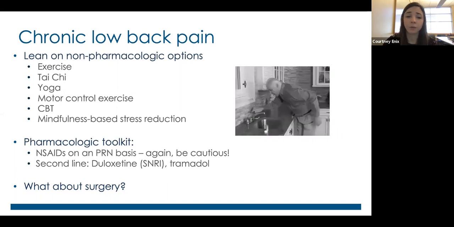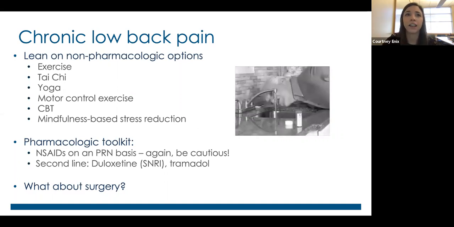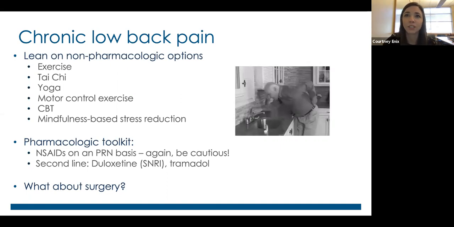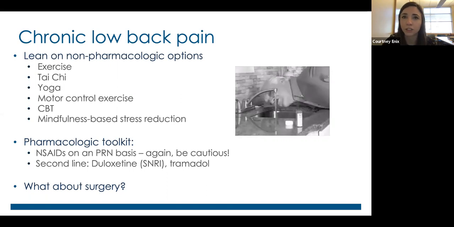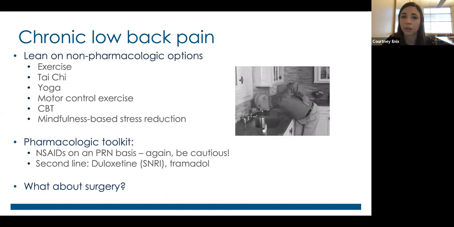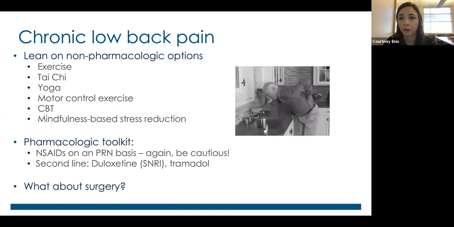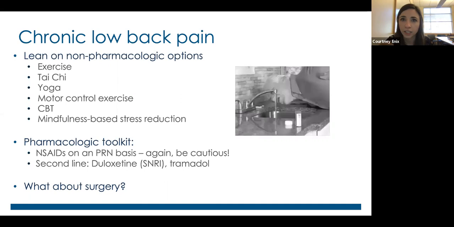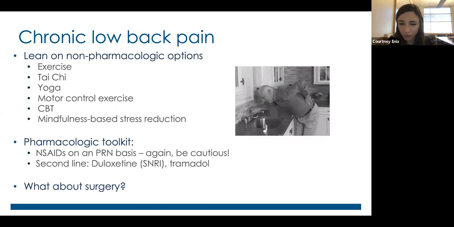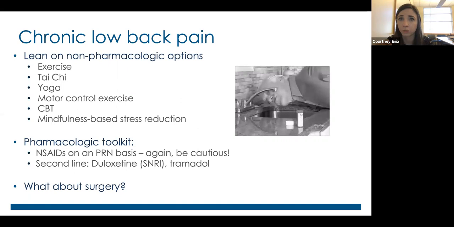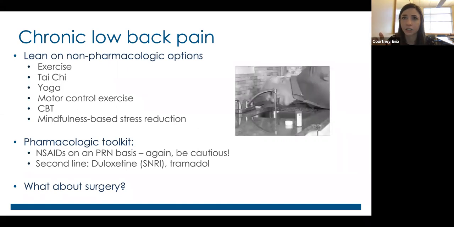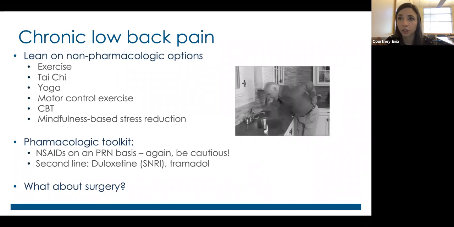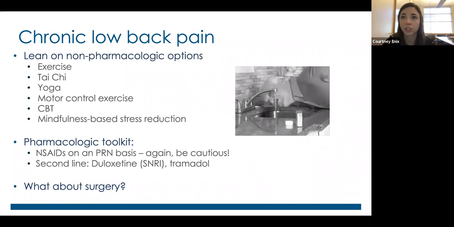I will say that I was hoping to do a slide on surgery, and the data is pretty mixed, and I think it really depends on what procedures patients are having. Most commonly, for patients coming in with chronic non-specific low back pain seeking surgery, the most common procedure is a vertebral fusion. That is a surgery that will fuse two or more vertebral discs together. The idea is that it's restricting some of the spinal motion, and you're removing a degenerative disc that might be the source of a patient's pain.